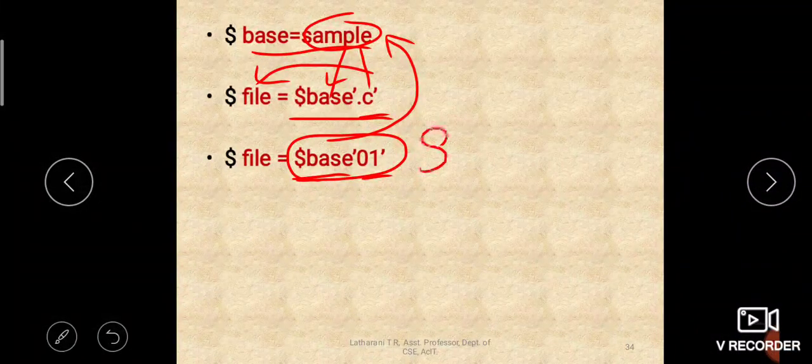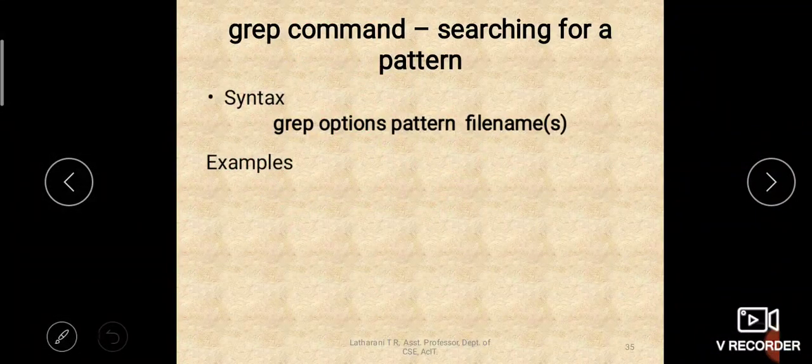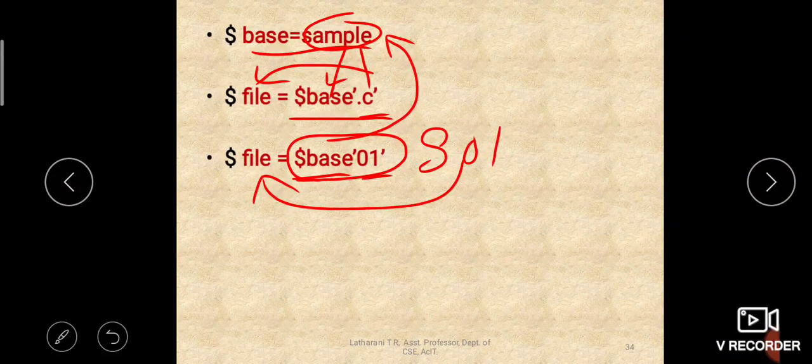It will create a file name called sample01, right? Sample01 it will create, and it will be stored in a variable called file, which you can use for further operations. Okay, so that is about the shell variables. So let us execute and check all these things.